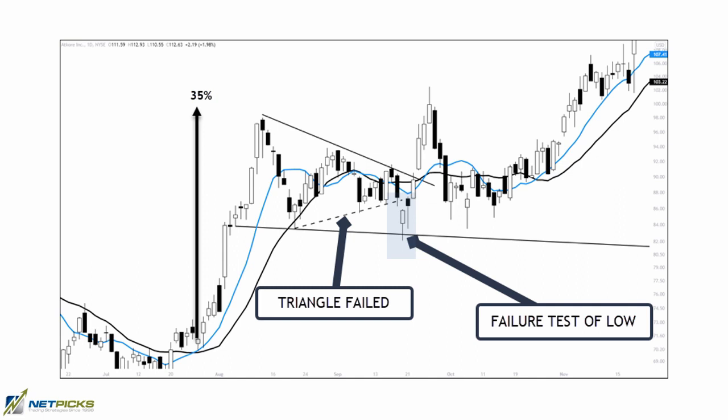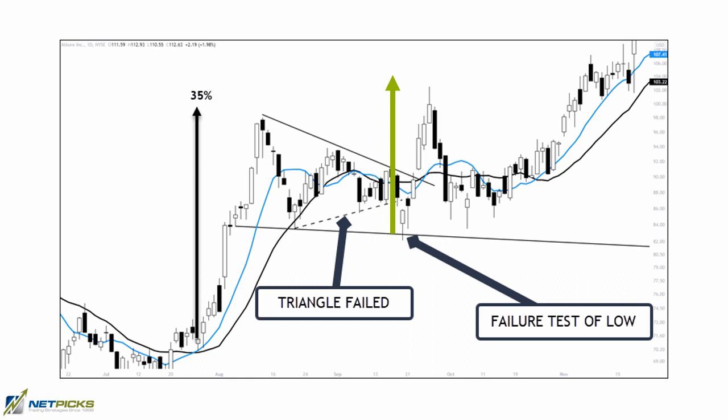So this pattern eventually became more of a sideways trading range. You would have seen it better on the weekly chart after that run up there and where the price rolled over. But the key is don't give up on the pattern that you're looking at if it fails, because this triangle turned into a support holding setup. I had a failure test of the lows for an entry,